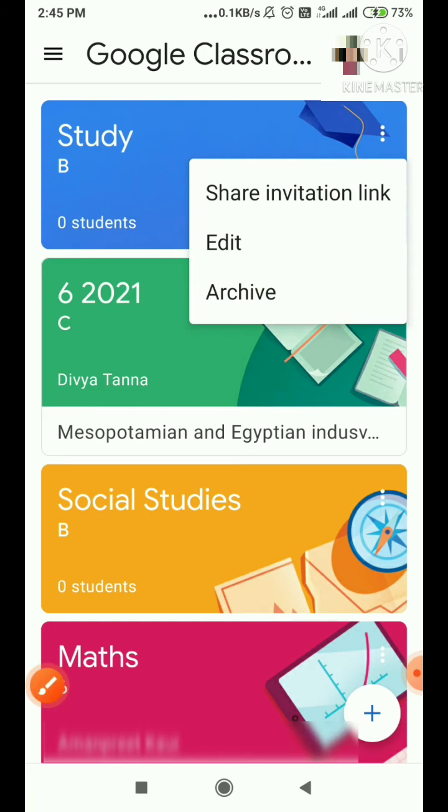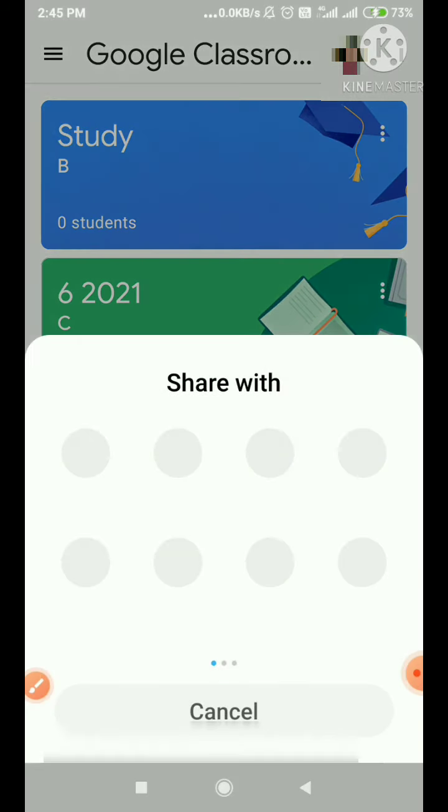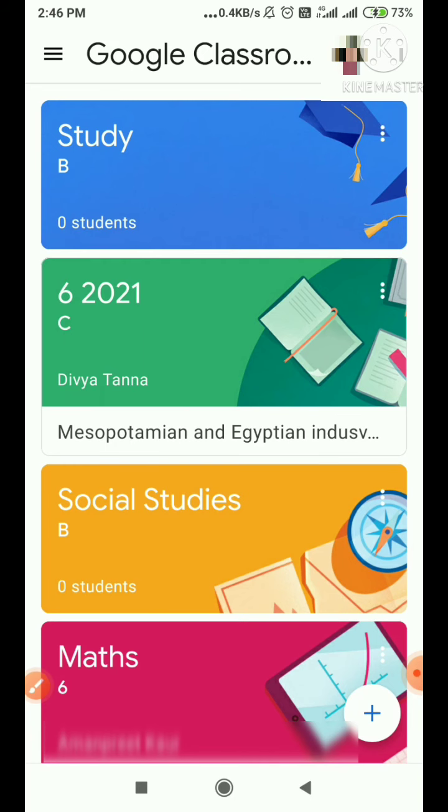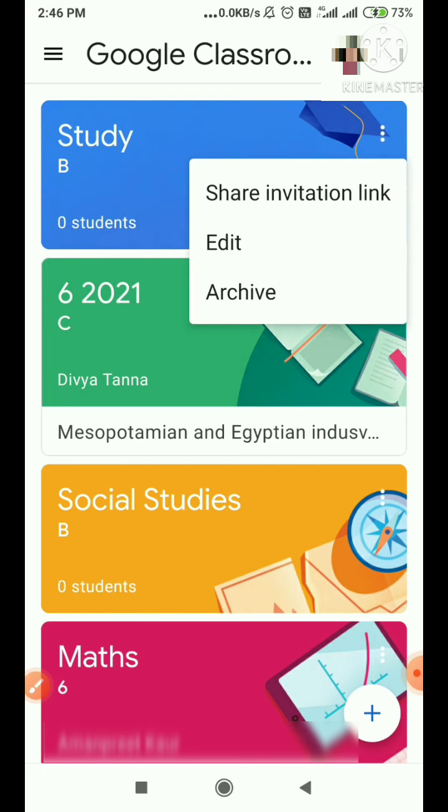Let me tell you about the first two. Share invitation link: you can click over here, and then you can share the invitation link through WhatsApp, ShareMe, Zoom, message, Facebook, Gmail, nearby share, or you can copy it to the clipboard and share it anywhere. Then the second option is edit.